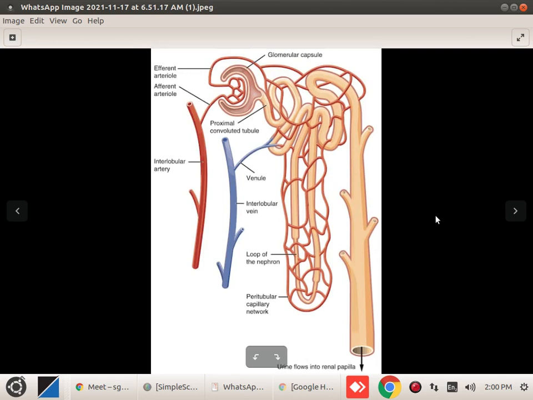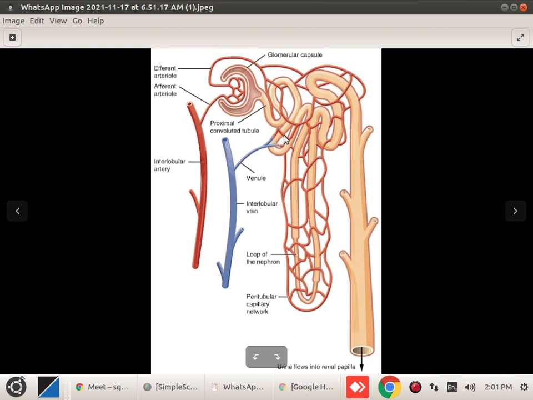As I said, in the last I will talk about the blood capillaries. From the efferent arteriole, just go through this diagram. The fine capillaries are arising. Most of the lectures do not talk about these peritubular capillaries. These peritubular capillaries arise from the efferent arteriole, then surround the PCT first of all.